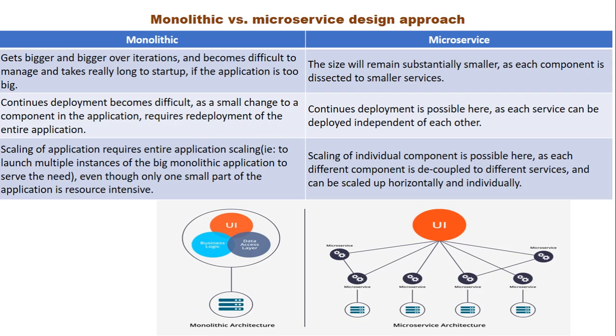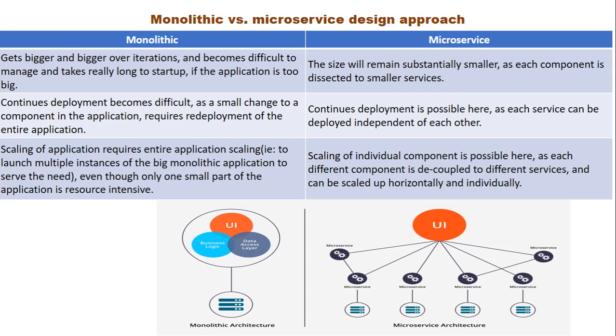The third and best feature in microservices is scaling. Like deployment, where we deploy a service independently, in the same way we can scale our services independently in isolation. For example, if the payment service has a lot of requests and traffic, I can scale it out or scale it up independently without